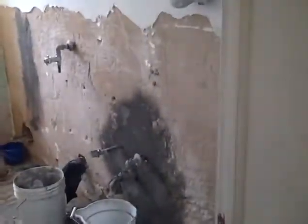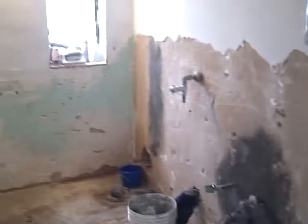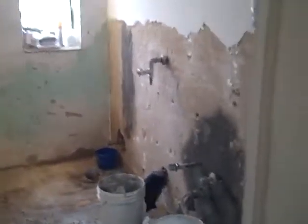So, we've done a lot of work in here. Not that we're anywhere near completion. We did have to dig out all the tile, and they've re-plastered some of the wall in here where this is a bathroom. I don't even know, quite honestly, if the other bathroom is working. I don't know if we have a working bathroom here. If you're looking for specific things within this building to focus on, something we would ask you to do is